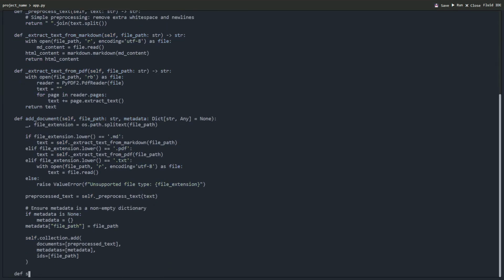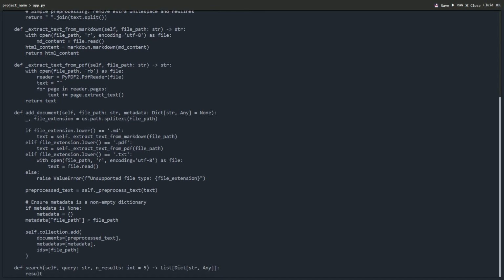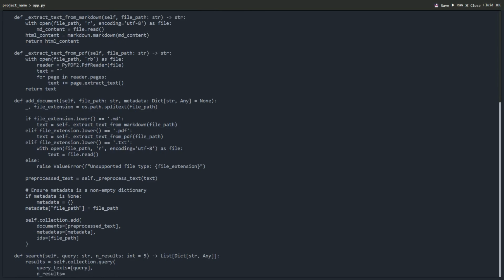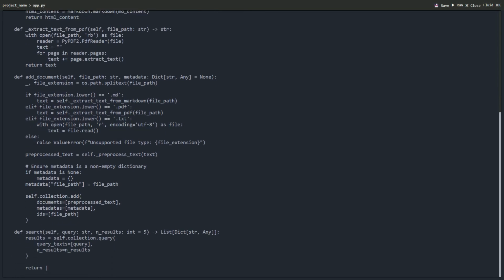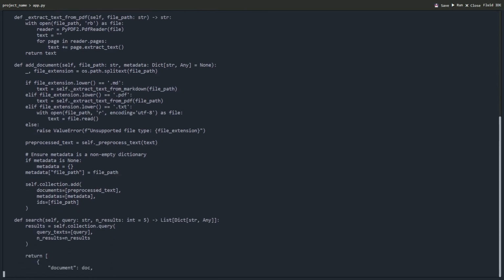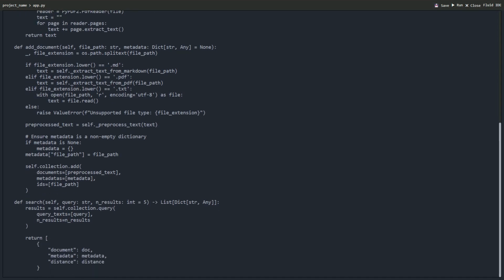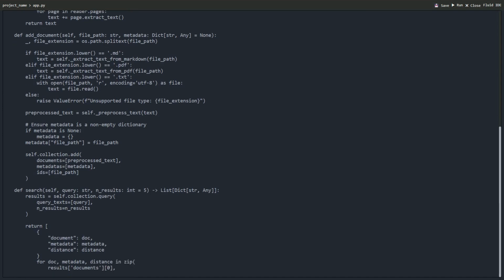Next, we have the search function. This is where we take a user's query and find the most relevant documents in our collection. We pass the query and the desired number of results to the collection's query method. The results we get back include the actual document content, associated metadata, and a distance score indicating how closely each